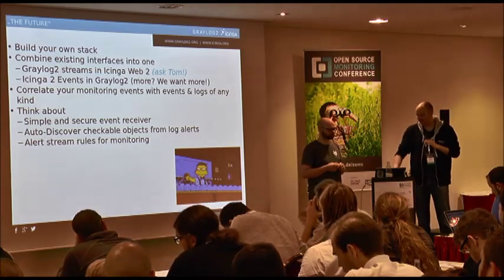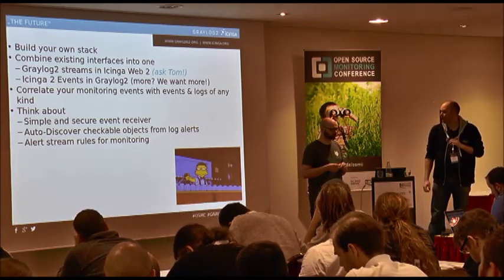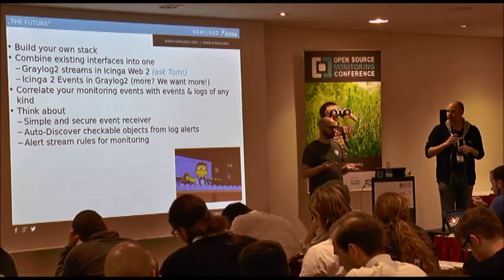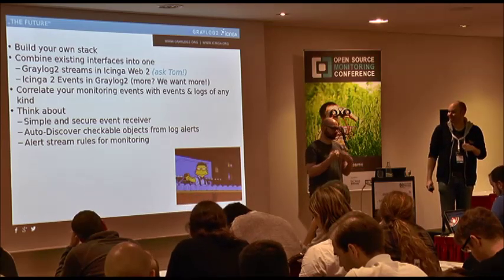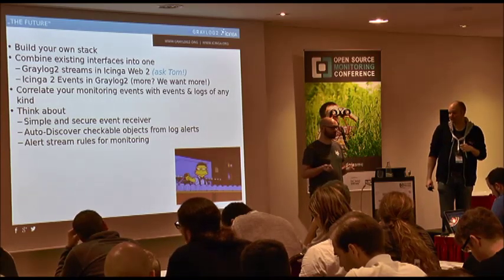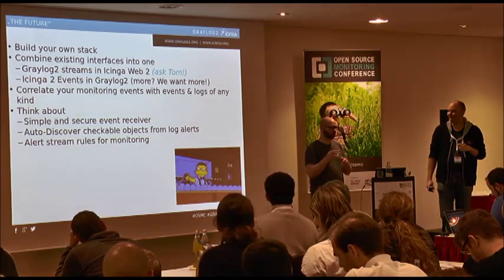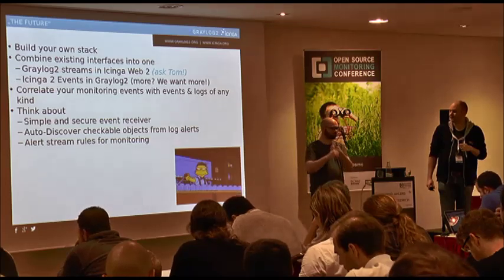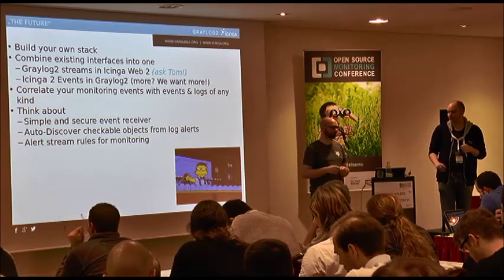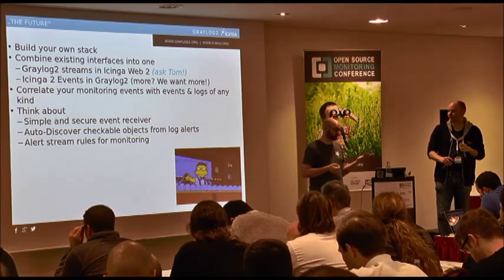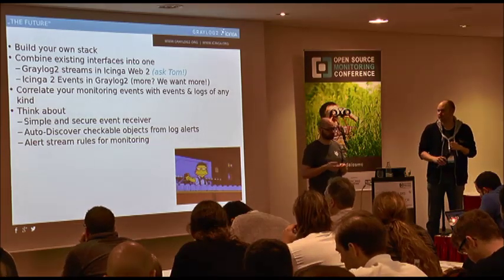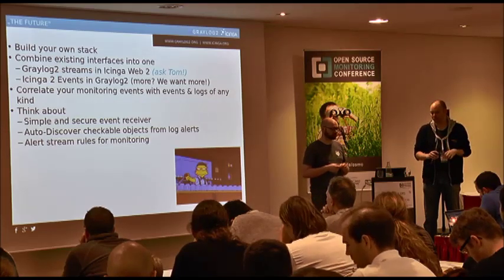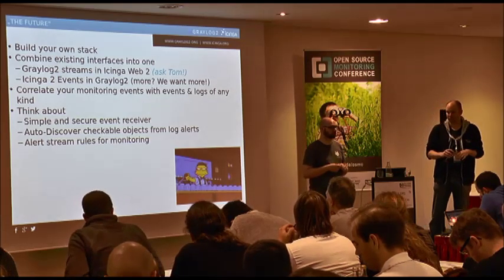Yeah. I think it would actually be really nice to have access to log messages in Icinga Web 2, for example. If you as an admin are on call and you get paged, you log into Icinga Web 2 in the future, and you see some alert. It would be nice to have in the same interface the last 50 log messages from this host or for this service that's getting alerts. That's possible because Icinga Web 2 is extensible, and Graylog2 provides an API for everything basically. So that should be possible and not too hard to do actually. And I think it would be really nice.